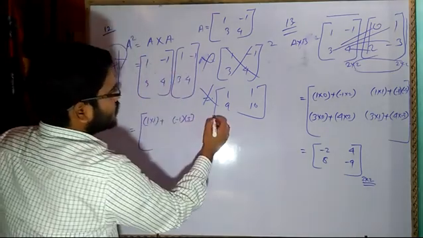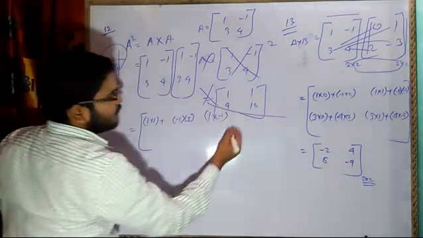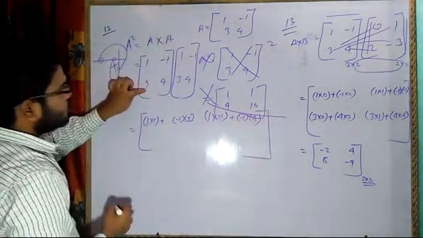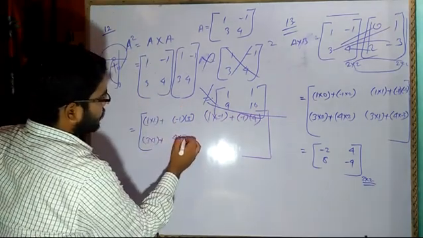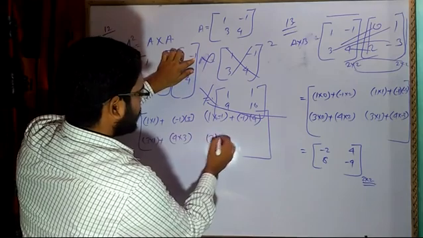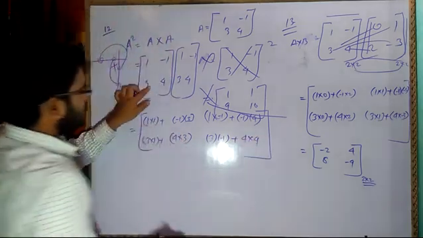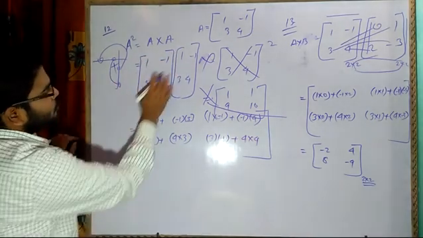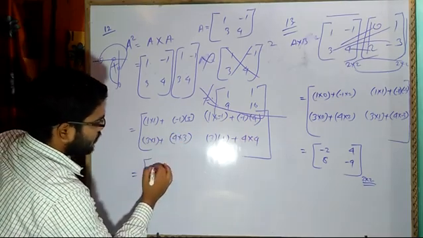Now this will go with this. So 1 multiplied with minus 1, then we have minus 1 multiplied with 4. Then matrix close. 3 into 1 plus 4 into 3, then 3 into minus 1 plus 4 into 4. So 3 into minus 1, then 4 into 4, and 3 into 1, 3 into 1 and 4 into 3. Yeah, correct. Now you see 1 plus minus 3, that means minus 2.